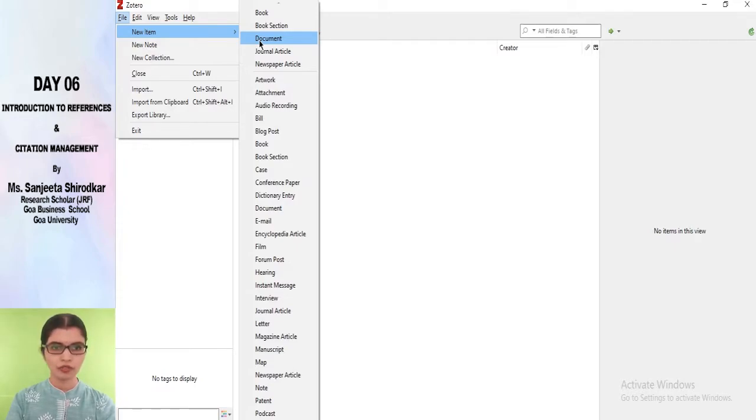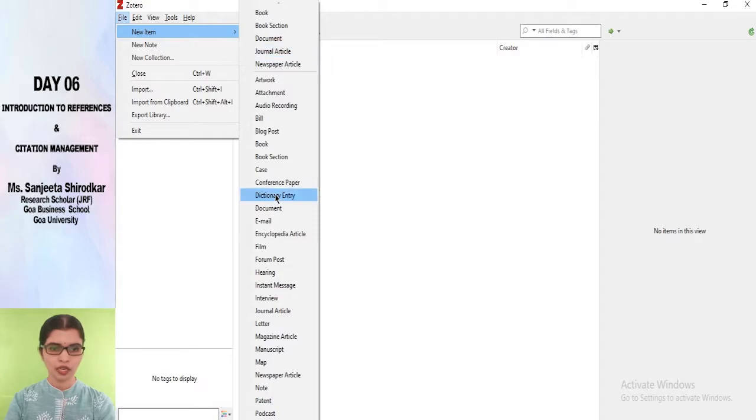from case, conference paper, dictionary entry, email and whatnot, almost everything which one could possibly cite. In terms of this, Mendeley is not offering you so many options, but Zotero definitely is. This is one of the key points to be taken note of, if you are into some sort of a stream wherein there are certain things you tend to cite based on the type of work which you have undertaken. So Zotero would give you a wide variety of source types.